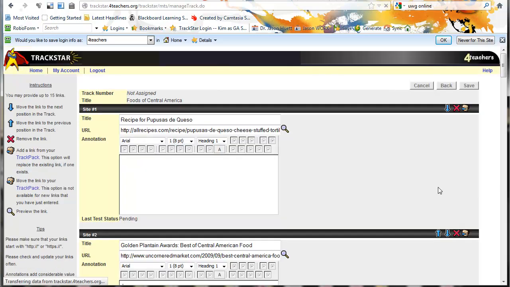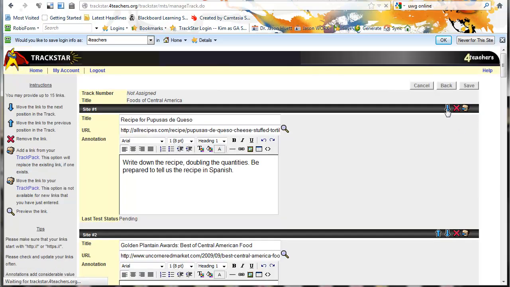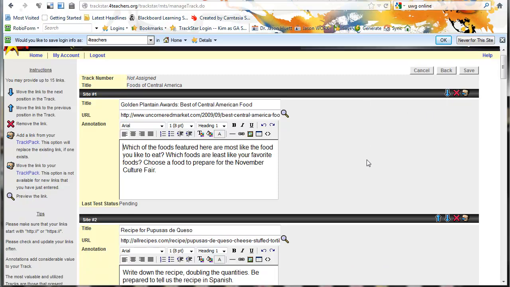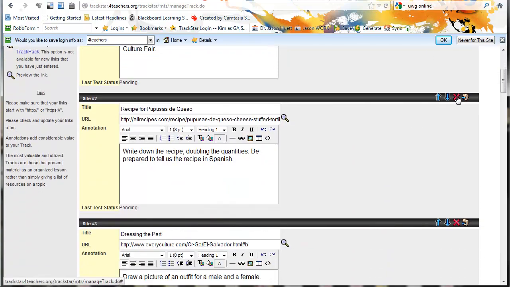And indeed they did. So I'm going to put the pupusas down where they were because I like that better. So you can move things around. You can delete with this. This, I'm not sure what it is, and I don't want to punch it. It would be nice if it would tell us what it is. You can play with it. It's probably nothing that will kill that particular item, but